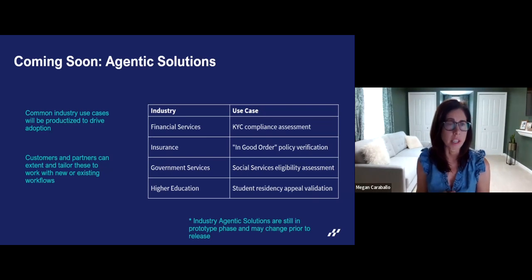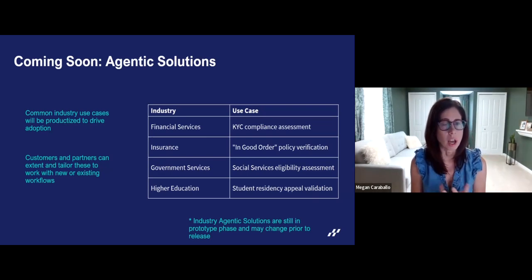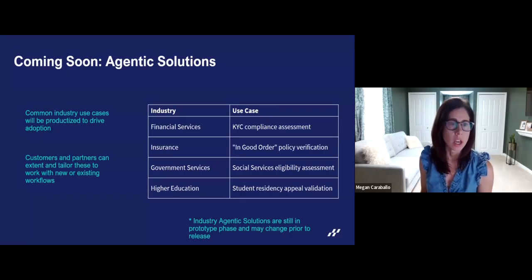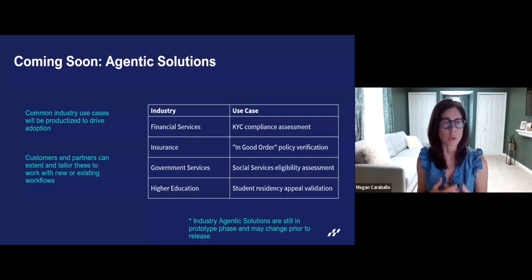Our team is actively working to define and prototype productized agentic solutions that are targeted for our industry customers. These are going to be common industry use cases that are predefined to work towards creation of a full library of pre-configured solutions that our customers and partners can take and tailor and extend to work with their existing workflows or new workflows, right?